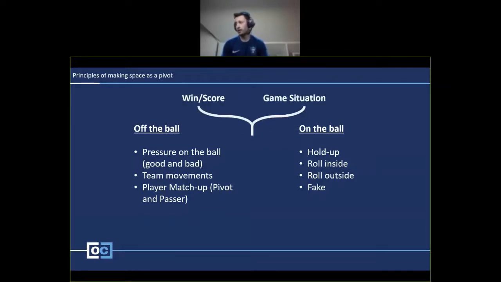Underpinning all of that, I think, are two key things. Firstly is the situation that you're actually playing in with the team. So what the current scoreline is. That will influence a lot of how you act. You're not going to be turning inside trying to generate a shot if you just need to hold the ball for the last 5 seconds to win the game. That's obviously an extreme of it, and you'll get everything in between. But that is key when you're making these decisions and you're planning your game and you're coaching a player.